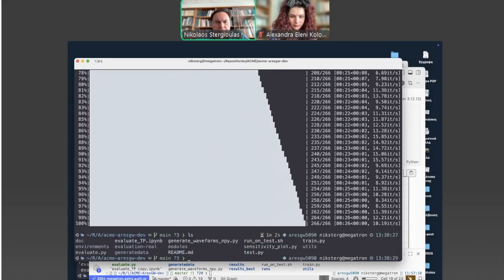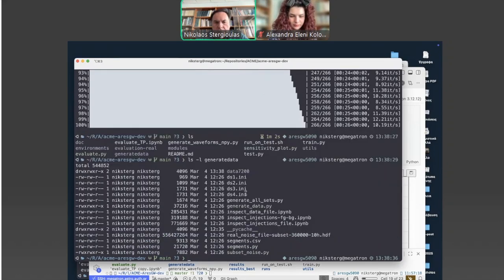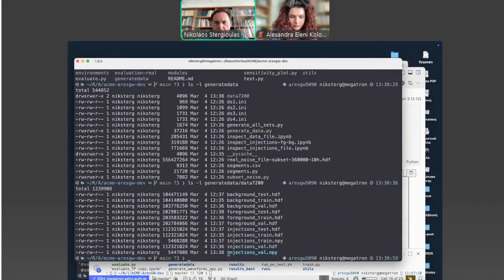Okay, if we now look at generate data, here is the NumPy file for injection for the validation process and the corresponding one for the training process. So we have produced the files. These are smaller than the previous ones because now they refer to a smaller number of waveforms, even though they contain the full waveform.